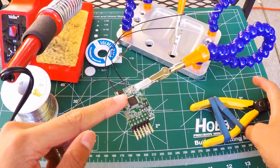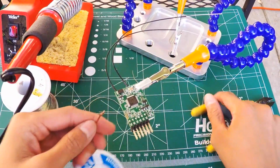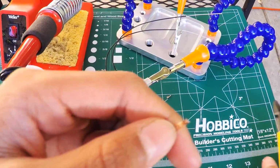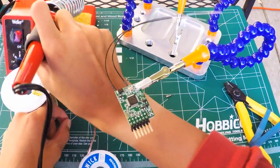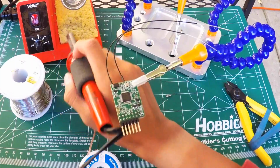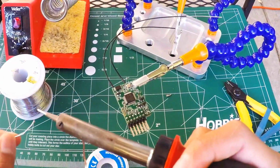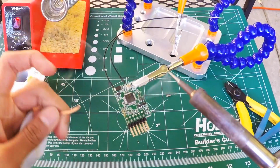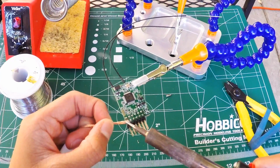Alrighty, so I got my X4-R on my helping hands, nice piece of kit, and I got your desoldering wick. Just cut that off, the part that had already soaked up your solder. And yeah, that's what we're going to be doing. We're going to be soaking up solder today. So soak the solder up just like so. Put it right over the pad